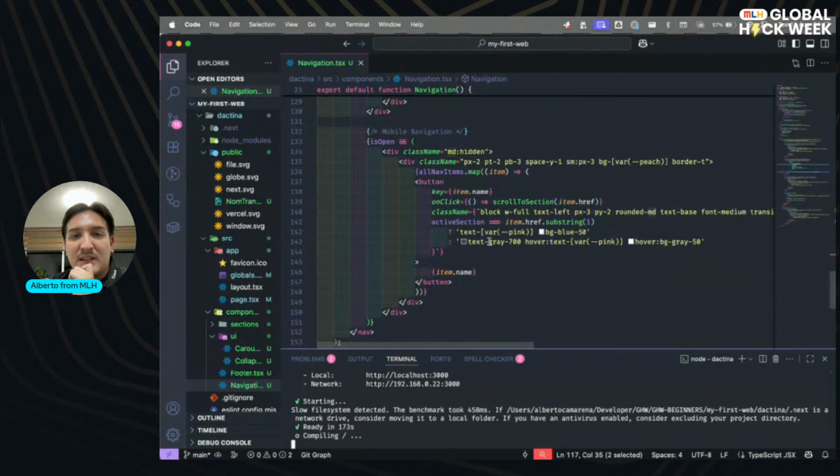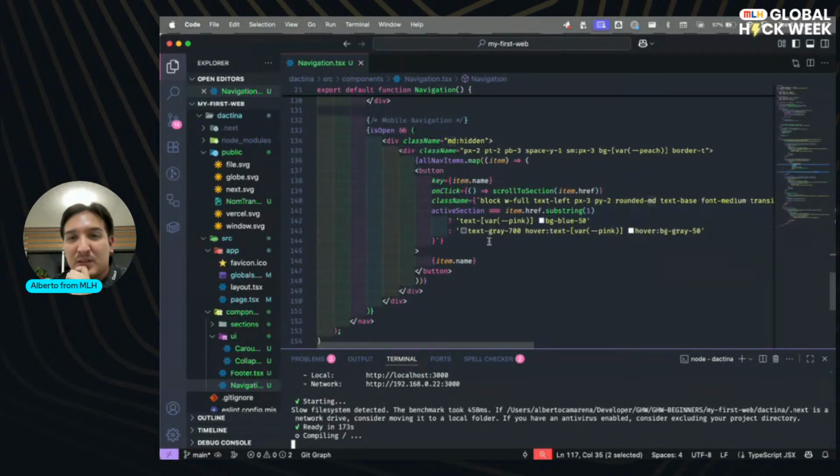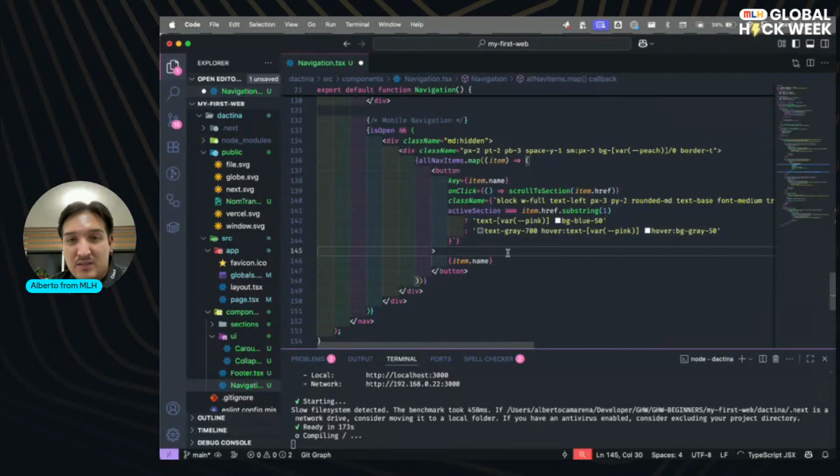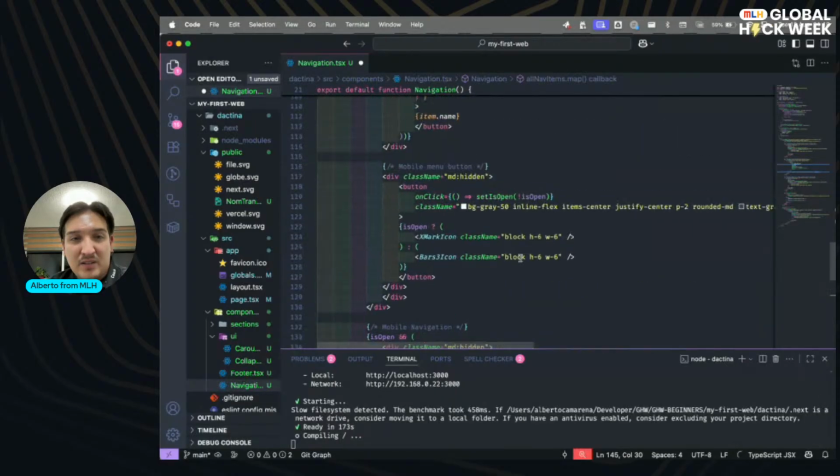The class name px2, pt, pb, score bar, pitch, border, background should be same zero, and all the items, it's the button with the item name on it.